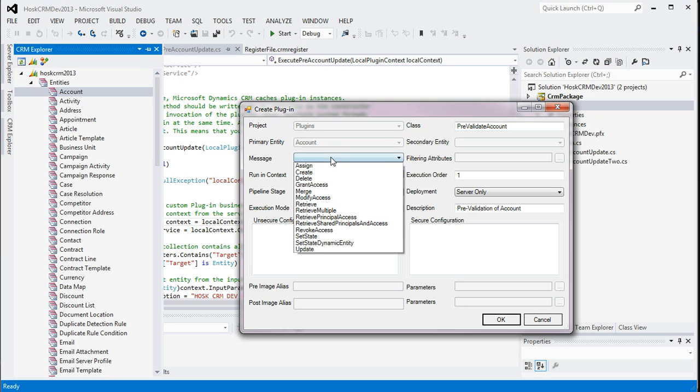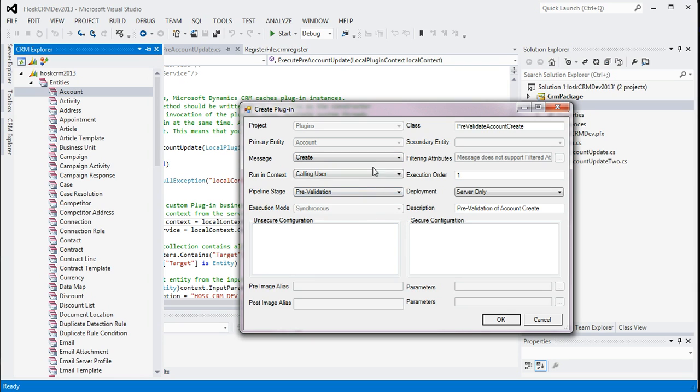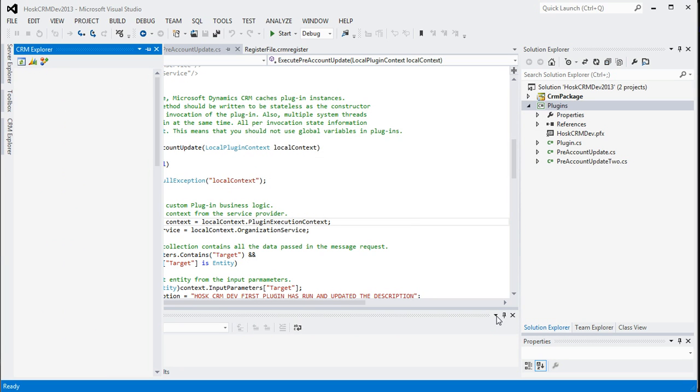And so, okay, we're going on message create and calling user. Yeah, we're going to be a post message this time, and I think that is it. Synchronous. I'm not worried about that. You can't actually filter attributes because on the create they're all new, so there isn't any limitation as to what you're firing off your plugin on. You can in the code obviously check for particular values, if a field has a value, then do something, but you can't use the filtering attributes here. So we'll press OK,